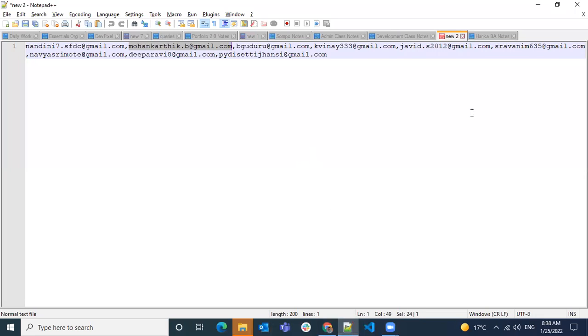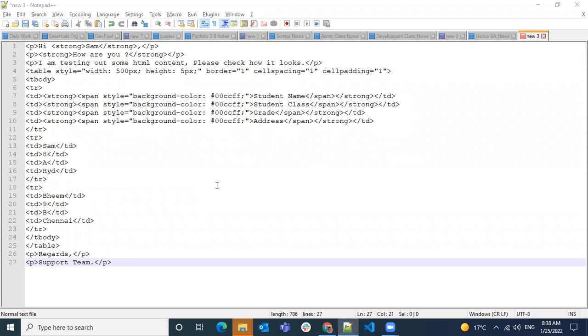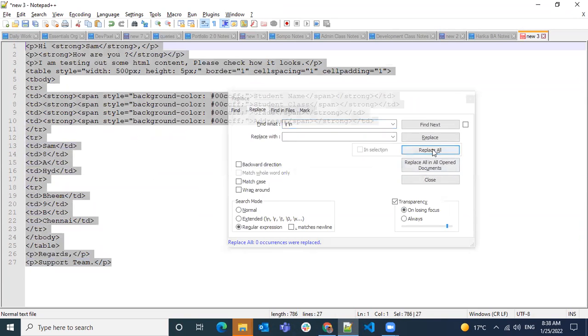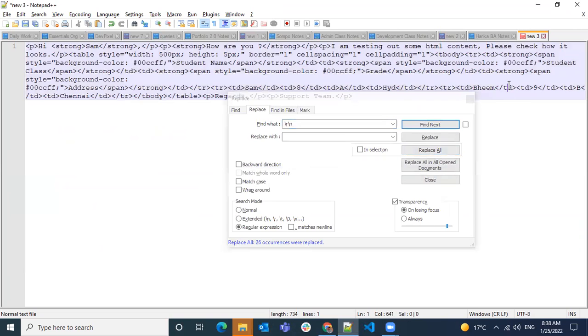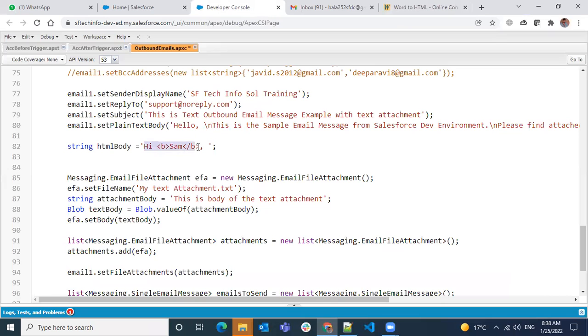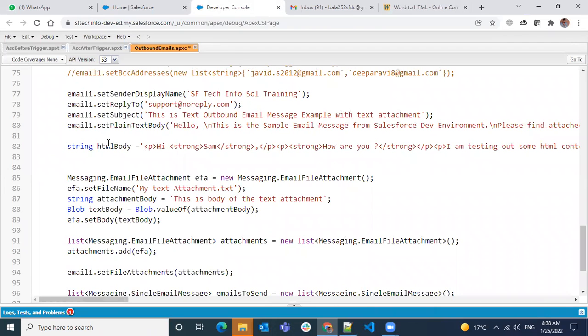Okay, now I have something called HTML. Now I'm going to use this as the HTML body over here. So once my HTML body is ready,